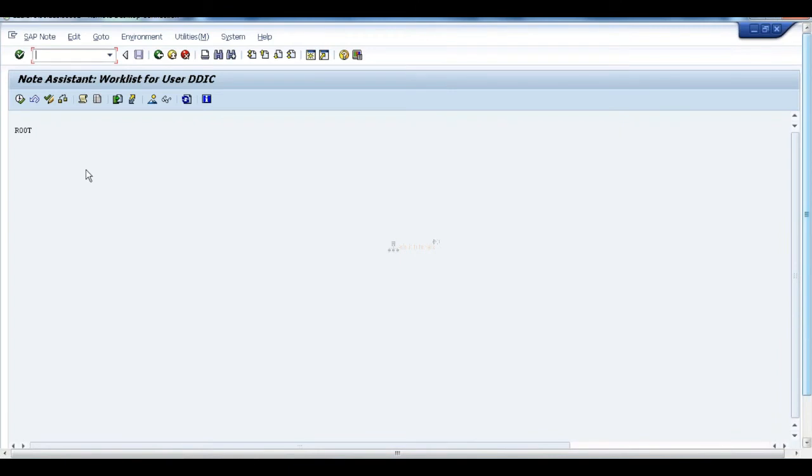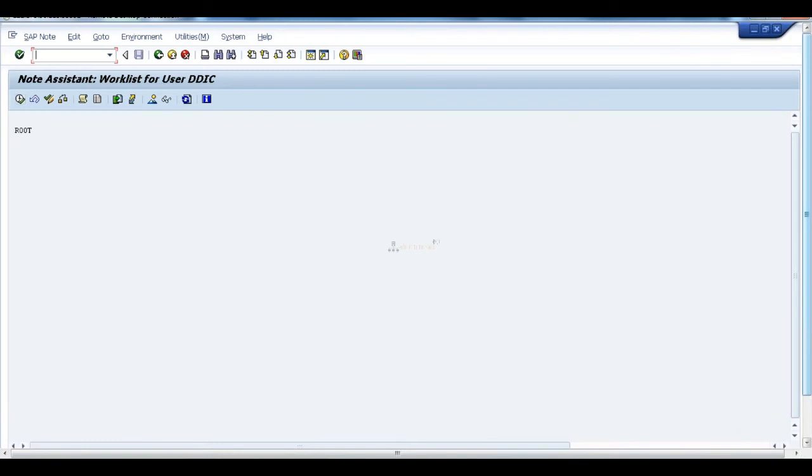Okay. Once it has been downloaded, select the SAP Note and execute or implement. Directly it will implement this SAP Note, and whenever the SAP Note is implementing, it will ask you to create a transport request.